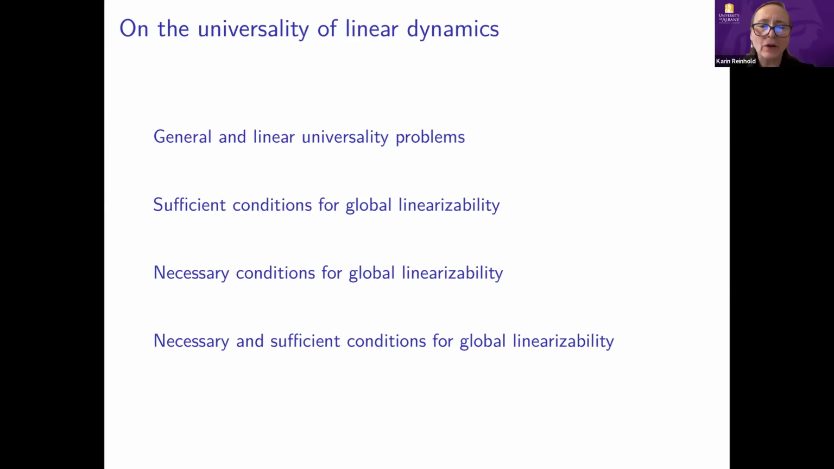And I see that there are already some questions. So Rodrigo has raised his hand. Yes, it's just